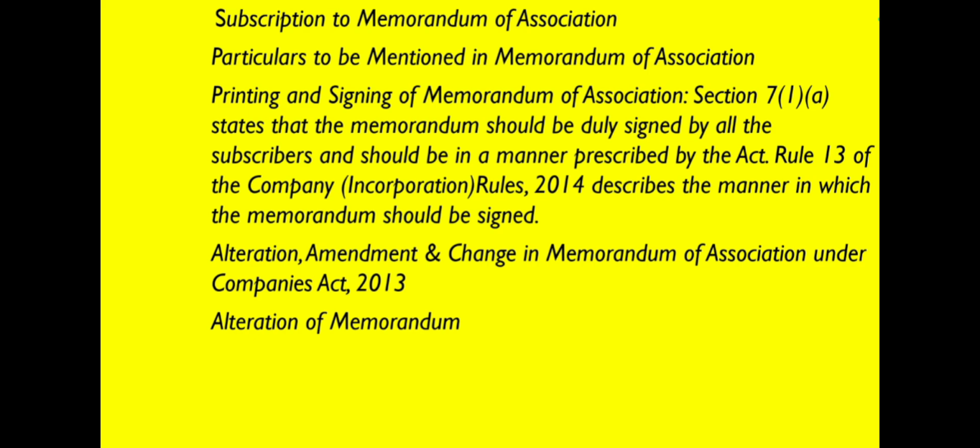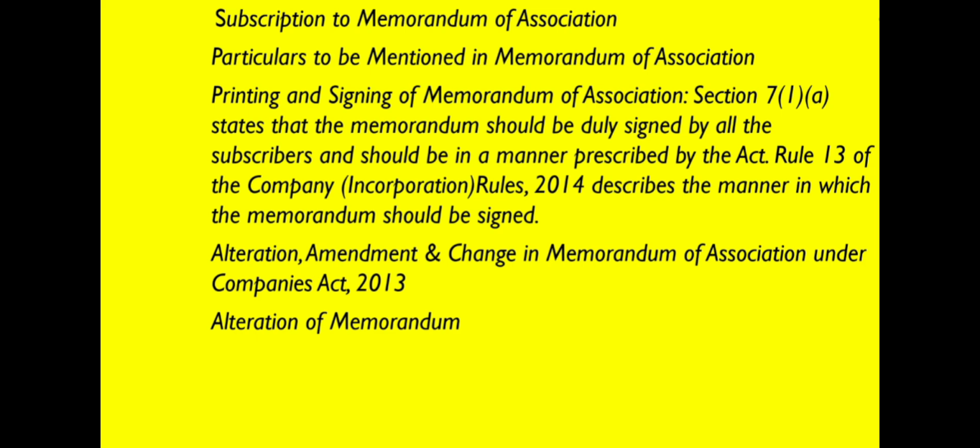Second, alteration to the registered office clause. The application for changing the place for registered office of the company shall be filed with the central government in Form INC 23 with the prescribed fees. If the company is changing its registered office from one to another, then the approval of the central government is required. The central government is required to dispose of the matter within 60 days and should ensure that the change of place has the consent of all the stakeholders of the company.